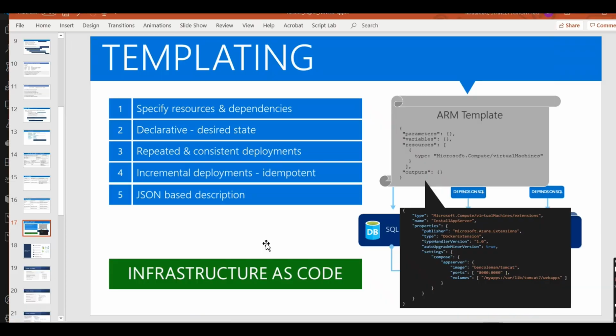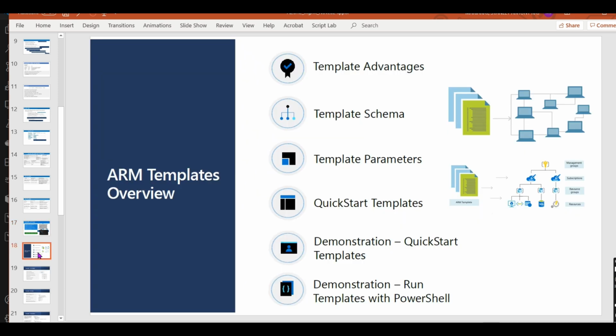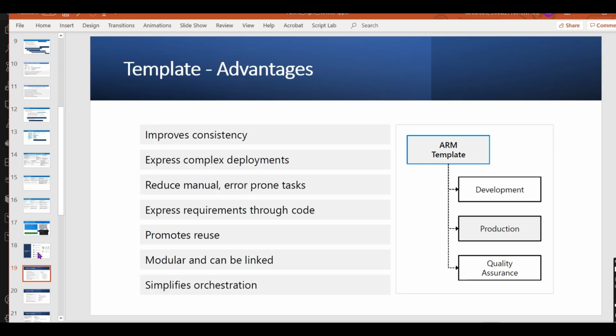So templates are very much useful for specifying the resources and the dependencies. You can repeatedly use it, and you can get a standardized output. Consistent deployment could be done. You can also go and incrementally edit it, and you can change it anytime. It is idempotent, and it's all JSON driven. If you know JSON template structure, you can pretty much create it. So consistency is the key, and you are reducing the manual work, and you are avoiding the human errors, because